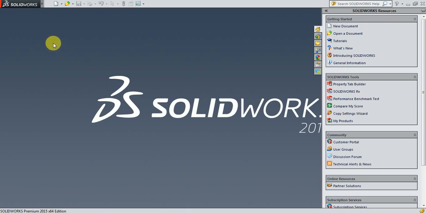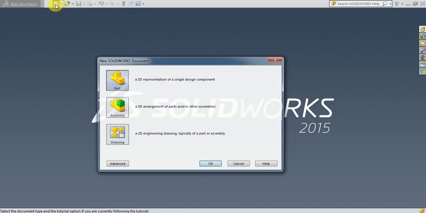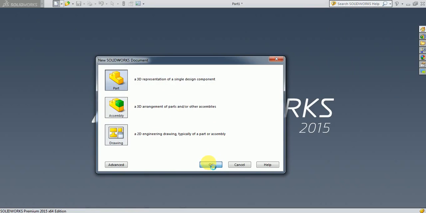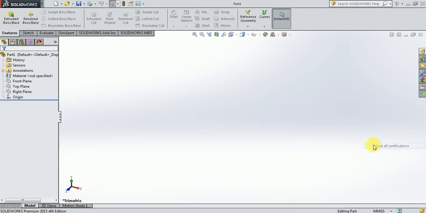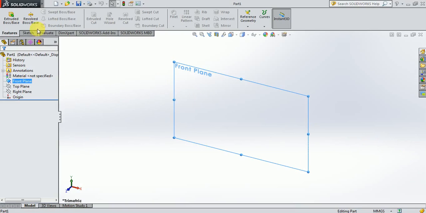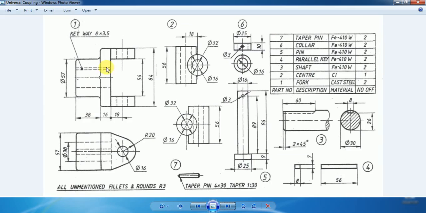Now I will go to SolidWorks and click on New, then Part. Then I am going to select the front plane. In the front view, I am going to model this particular portion of the fork. This middle portion of the fork looks like a rectangle in the front view, and in the top view it also looks like a rectangle. So this middle portion of the fork will be modeled first